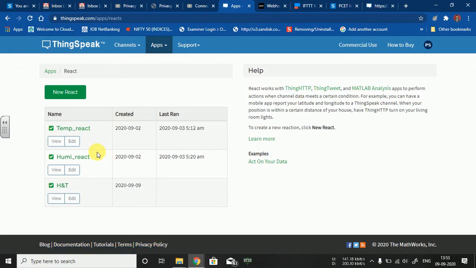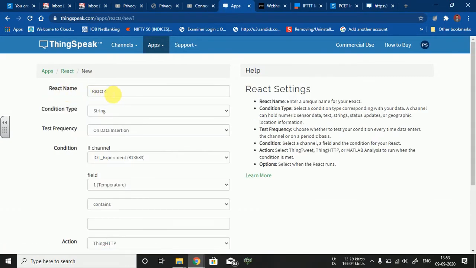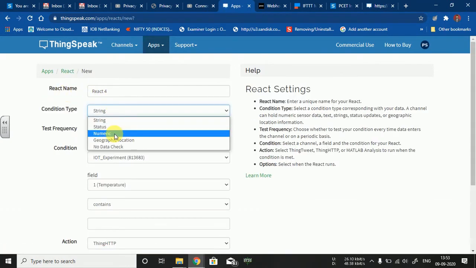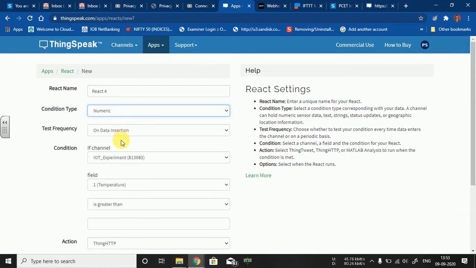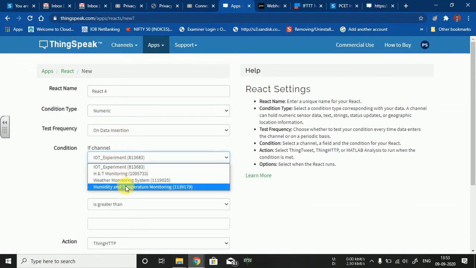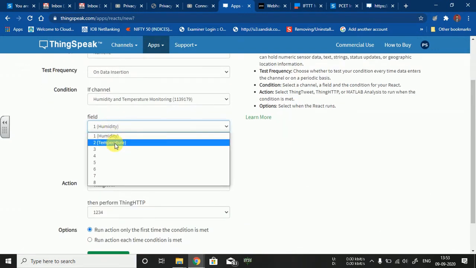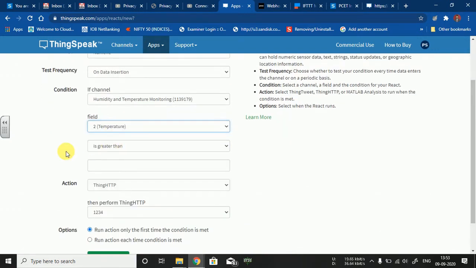Click on save. Now see your H&T, this particular condition is now met. Now you can create multiple conditions. Suppose with the same condition, selecting numeric on data insertion, I select our channel as humidity and temperature monitoring, but now I need to take the decisions based on the temperature. Now your field 2 defines your temperature.